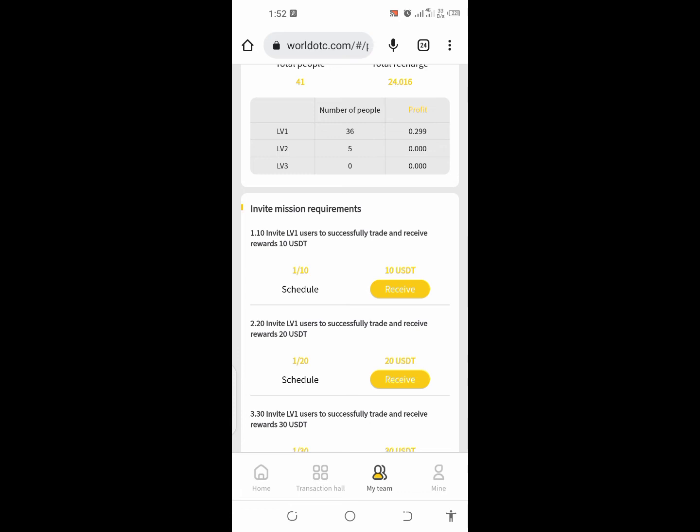Secondly, if you invite 10 people, you're going to gain 10 USDT. Not only will you get 10 USDT, you are going to get 15% of their investment. First of all, you're going to get 15% of whatever they invested. That 15% is going to go back to your account directly. Secondly, after the 15%, you're going to earn